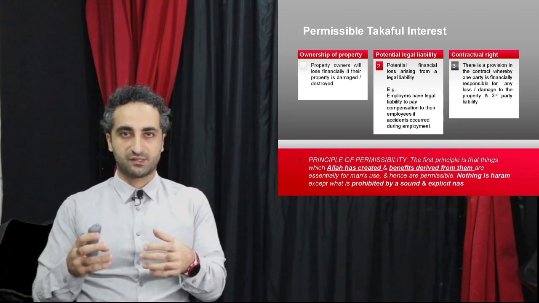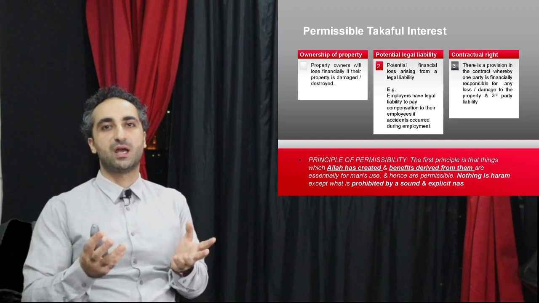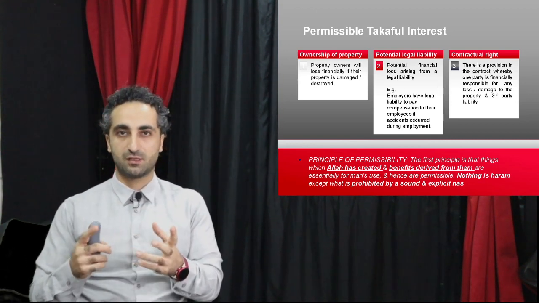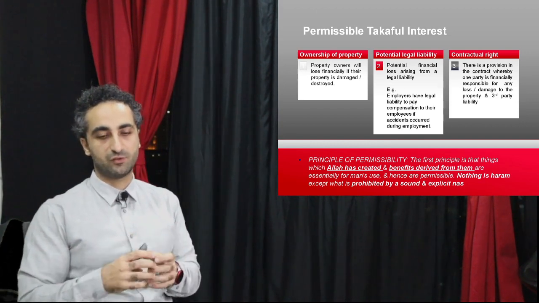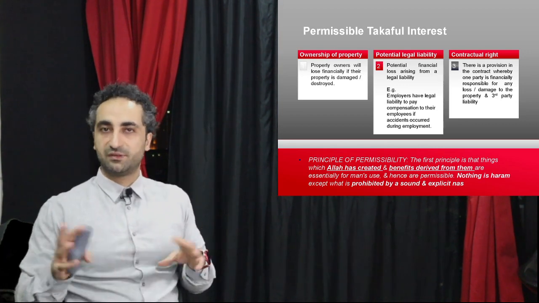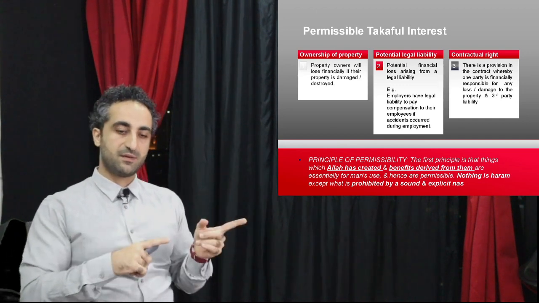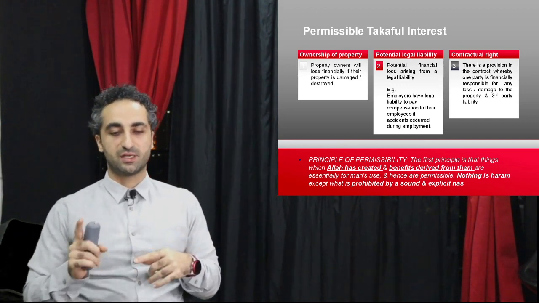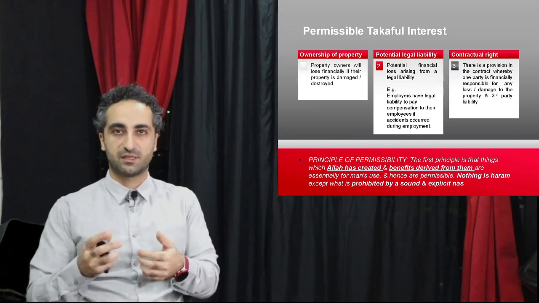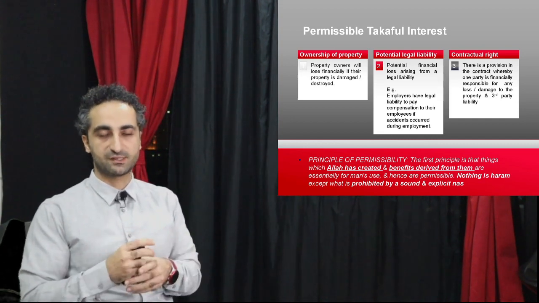Allah didn't discuss what fruits to eat, right? So you can eat all fruits. We call it mubah, permissible, unless there is a clear prohibition in some of the Islamic sources of law. So nothing is haram, that's the rule. Nothing is haram except, you must continue the sentence, except what is prohibited by a sound and explicit nas. Nas means text that can be from Quran, Sunnah, or Ijma, or Qiyas, etc.